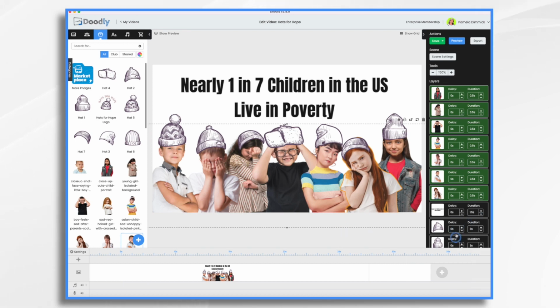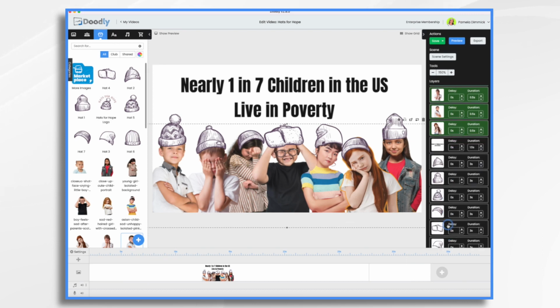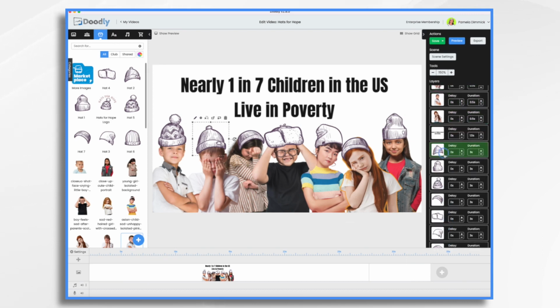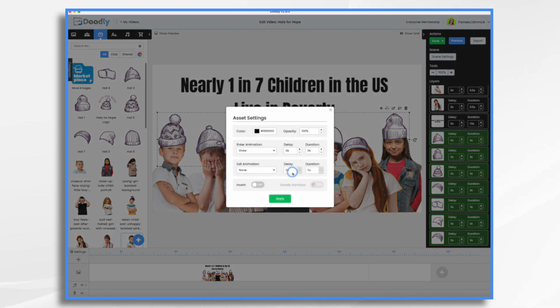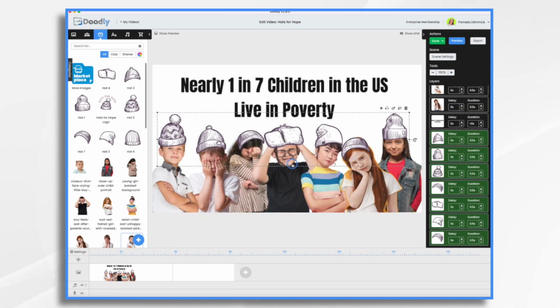I still have all the hats drawing on. So let's go ahead and select the hats. And we're going to do the same thing. I'm going to select each one by, you just control click or command click depending on your operating system. And then you right click, settings, and you can use the arrow buttons if you prefer. And we'll say half a second just for now,